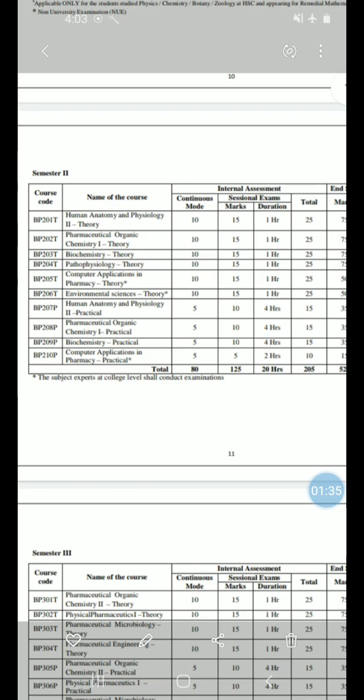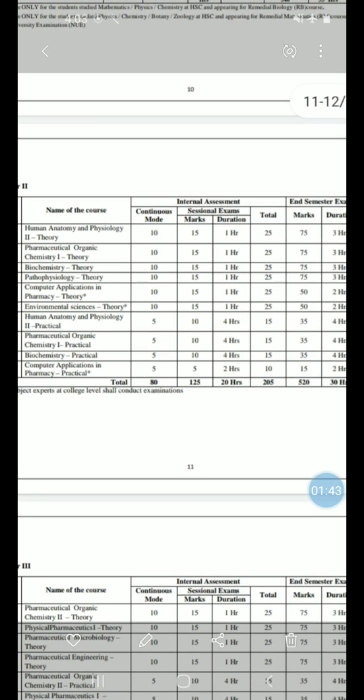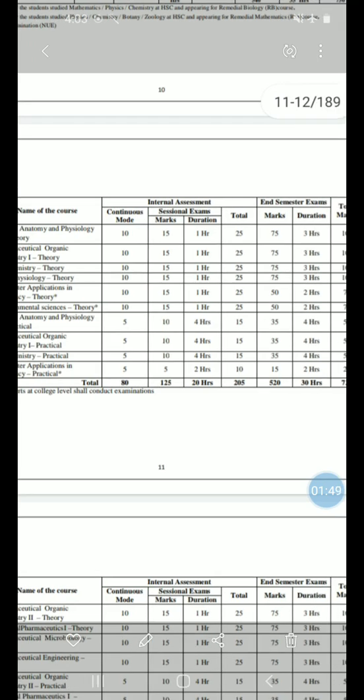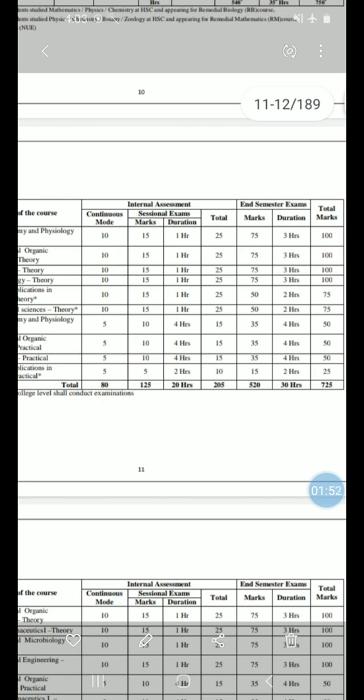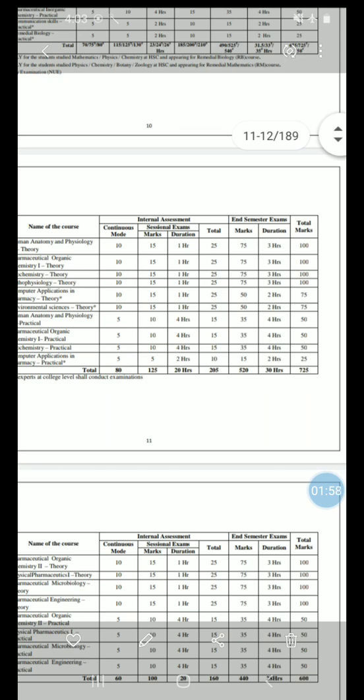for these subjects. First, for human anatomy and physiology, the continuous mode is for 10 marks, then sessional examination for 15 marks, that is internal assessment, total 25, and end semester is 75 marks, it means total 100 marks. In continuous mode it is divided into,